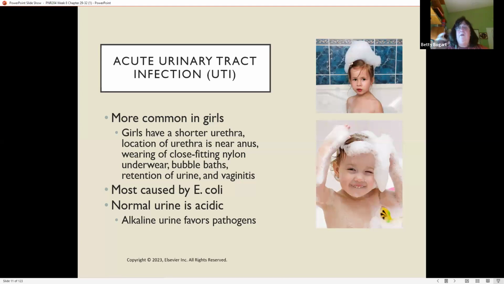Now, girls have a very short, wide open urethra. And what do little girls and boys love to do? Even my grandson, who's 7, taking bubble baths, right? That's a really neat thing to do. But they sit in the water with this perfume type of bubbles and all of the dirt that came off their body. And it goes up and it can create vaginitis and can go up into the bladder,